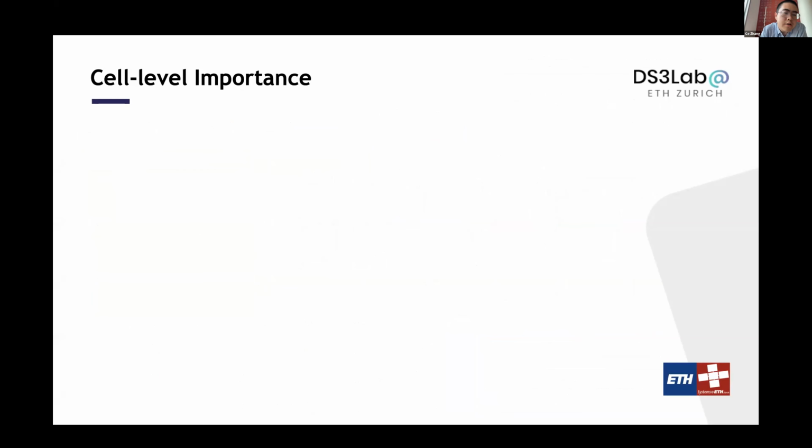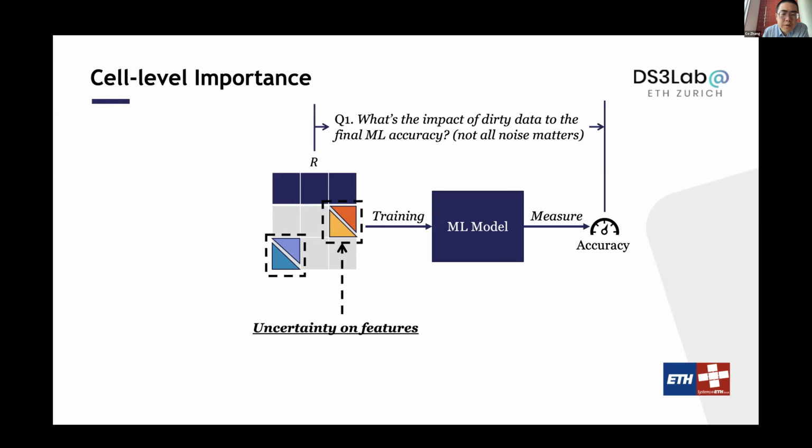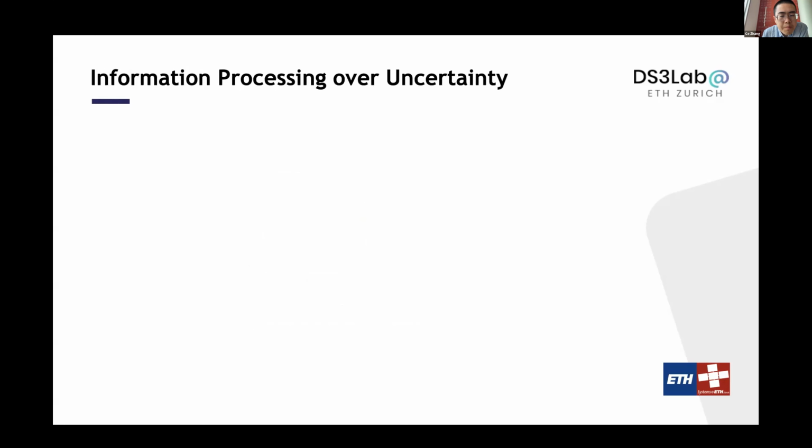So in the previous example, we cared about the importance of every single tuple, but you can also start to reason about importance for every single cell. Assume you have a data set that looks like this, and for every single cell you have certain uncertainty, it could take multiple different values. Over this uncertain data set, you train a model, you get some metrics, and then we try to understand what is the impact of all those cells on my final machine learning accuracy. What is the importance of this cell once I know some noise model? And this is going to give you a very different notion of importance compared with the previous example.